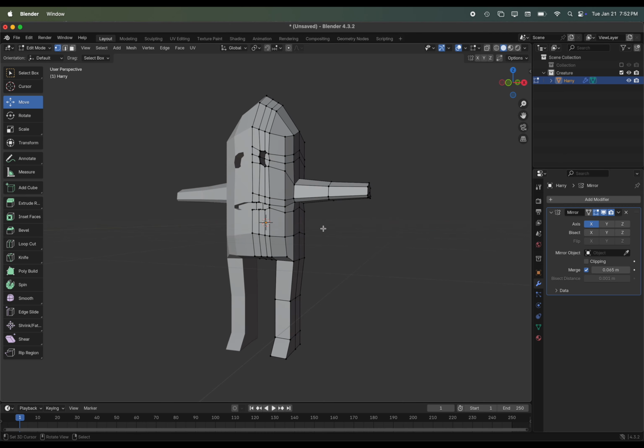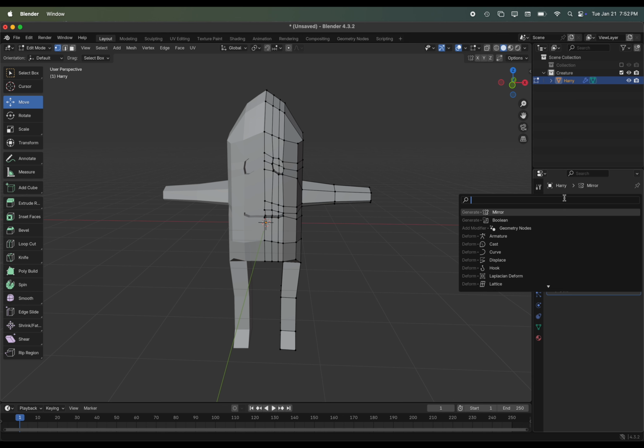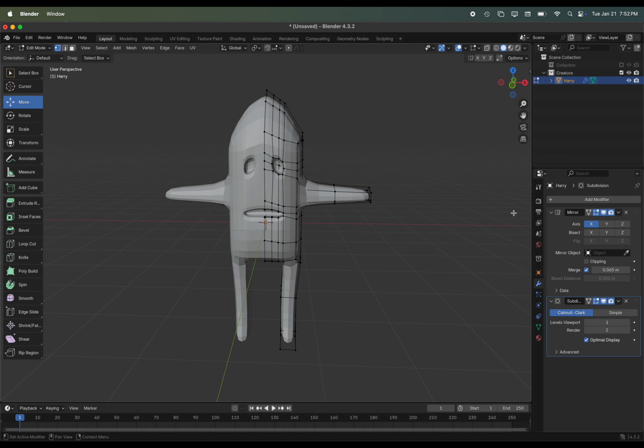All right, so I have most of the body all set here. I'm going to leave the mirror modifier and I'm going to add a subdivision surface modifier just to smooth out the body a little bit, get this a little bit more rounded here. Now we have a few different settings that we can mess with, like I can change it to simple or the more complex. We have the viewport and the render values over here. So this is just what it looks like when we're testing things out. The render is what the final output is going to be.